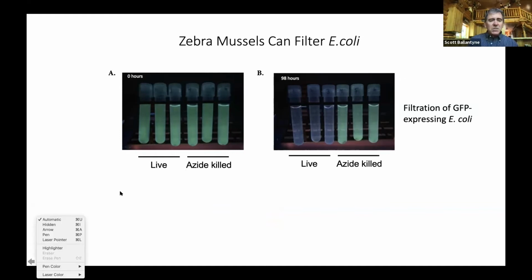The first 3 tubes are experiment, so we left those alone. But the second 3 tubes were our control, and to those we added a powerful toxin called sodium azide. Initially the tubes glow this nice green color, but over time what we saw was that the tubes with the live mussels, our experimental tubes, the glowing went away. In fact, by 4 days, it was basically gone. Importantly, the control still glowed. So we can conclude from this that zebra mussels can in fact filter E. coli, but it took a while, right? So we wanted to increase the uptake, and that's something we've been working on in the lab this summer.